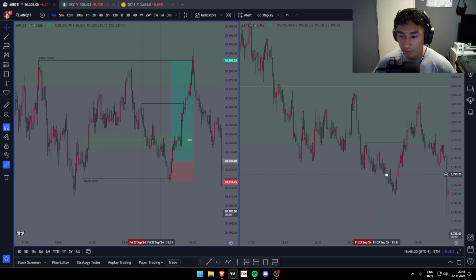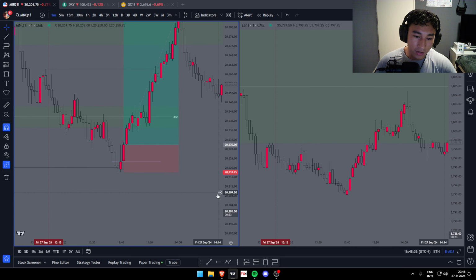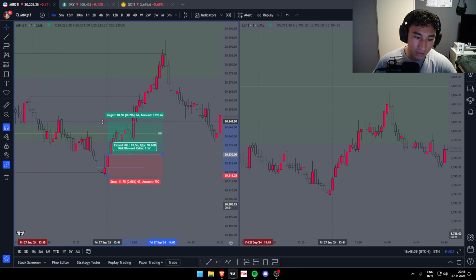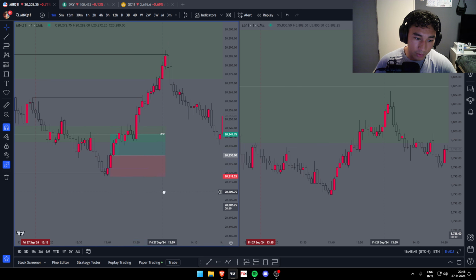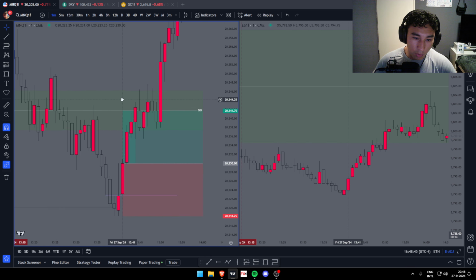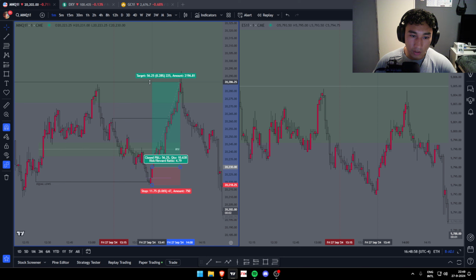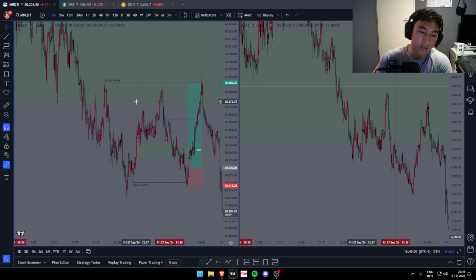Like, it is my setup there, but I totally missed it. I was at this candle already, thinking to myself, wow, I missed the setup here. At a 1-to-1 here, I had this marked out. We had like 2 minutes that we didn't hit that 1-to-1 RR, so I had a limit order here, hoping for it to come back here so I could still get that entry and then break even at a 1-to-1 RR. But yeah, we never went back there. So yeah, I was never in this trade. It would have been a really good trade.